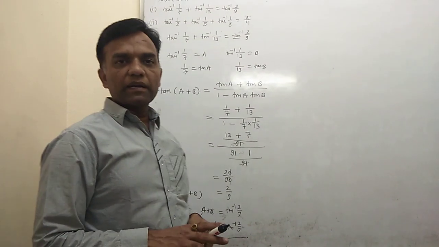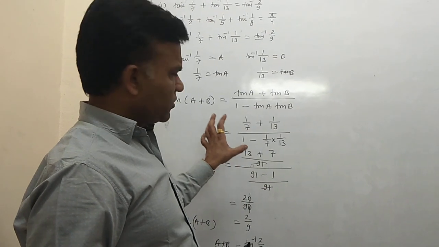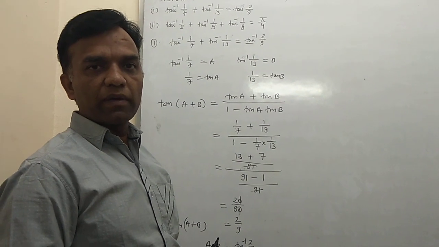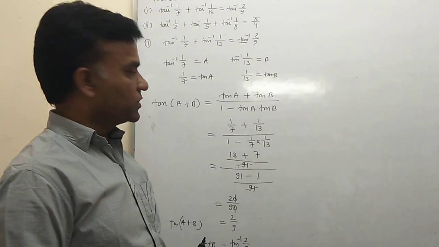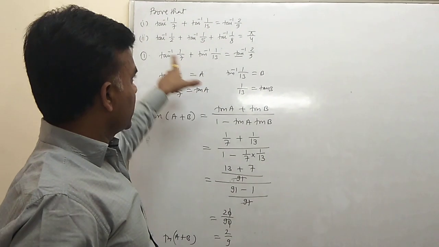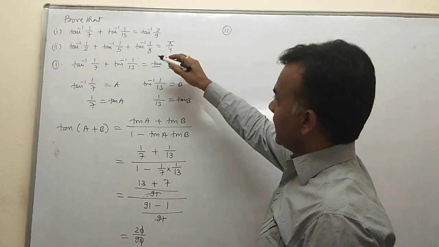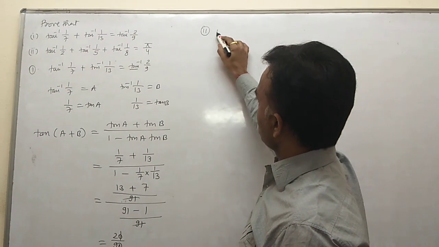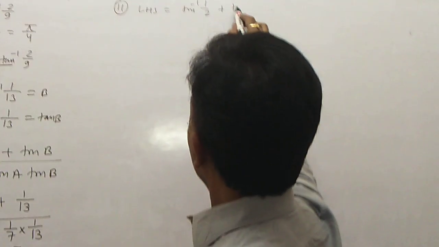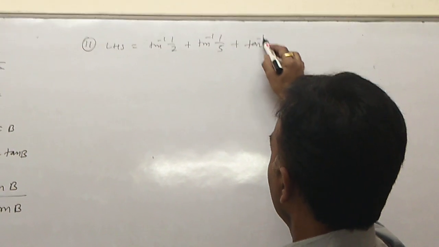Otherwise, the tan formula is not lengthy, because it is very easy, because the tan formula is always in the form of tan, so it may be used directly. You do not require the right angle triangle diagram here, and you do not need to find the different trigonometrical ratios. So if you have the tan concept, then use the direct concept. Like in the second question here, use the direct formula. We have three values on the left hand side, so you write on the left hand side first tan inverse 1 by 2, tan inverse 1 by 5 plus tan inverse 1 by 8.